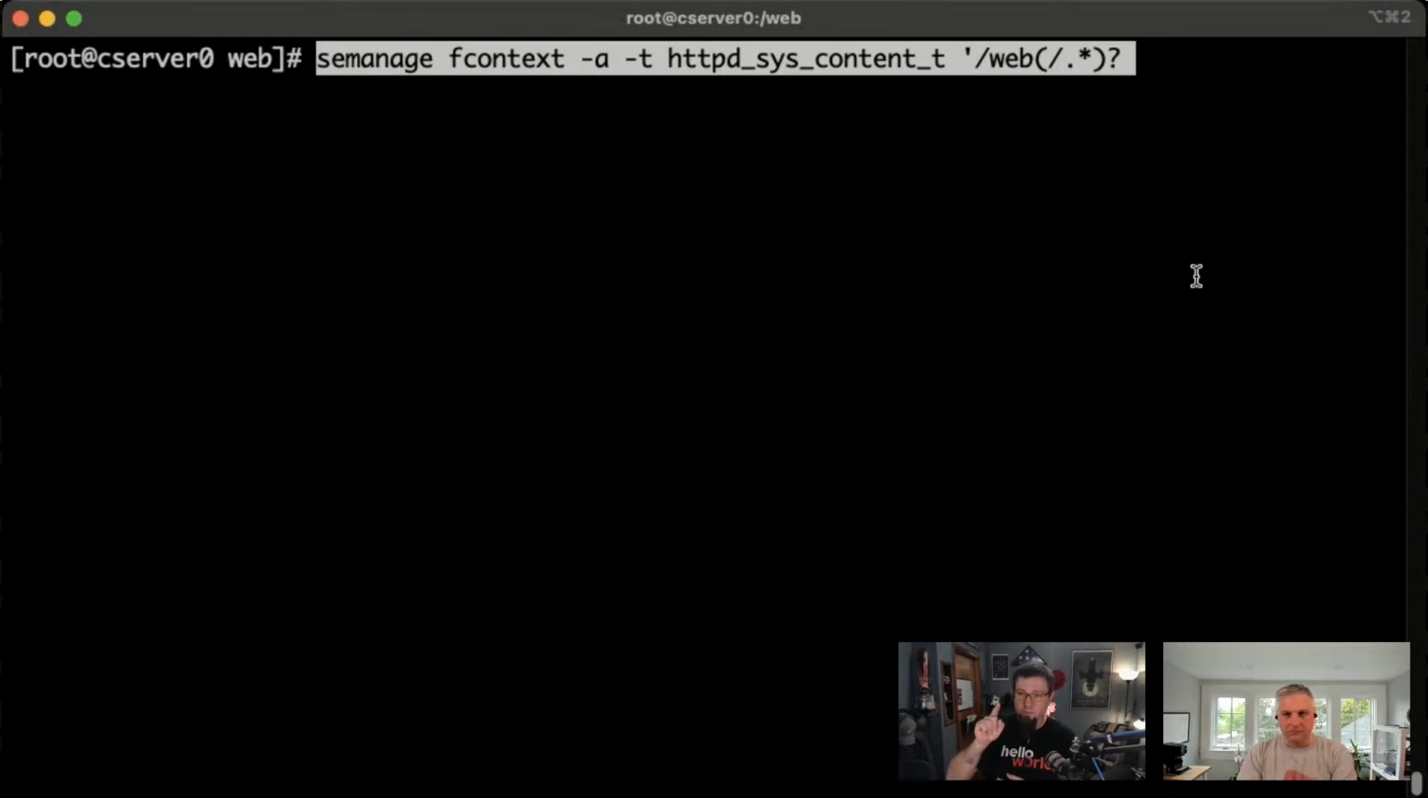So semanage, seminage, I've heard it said, whatever. People love to mispronounce things that are on the command line. semanage can set the context for any file wherever it is, right? So what I'm doing here is I'm using semanage to add the httpd_sys_content_t type to the /web